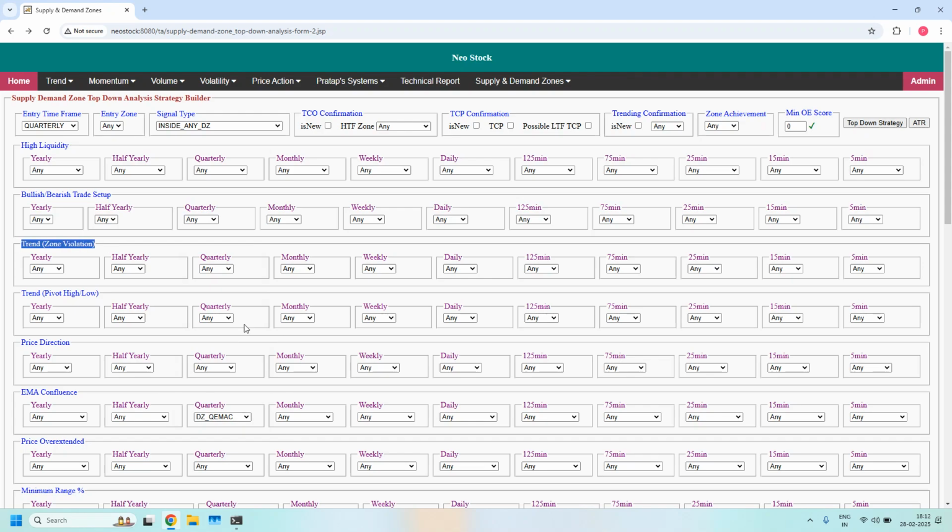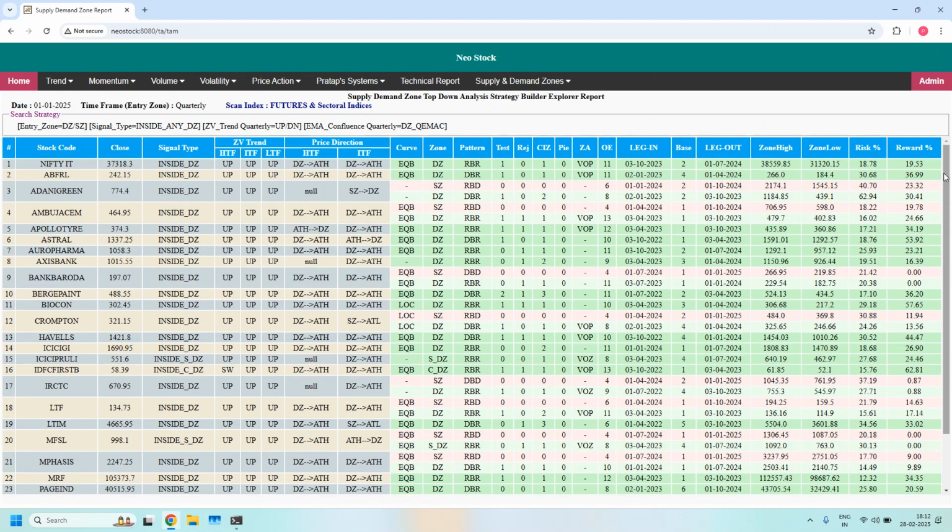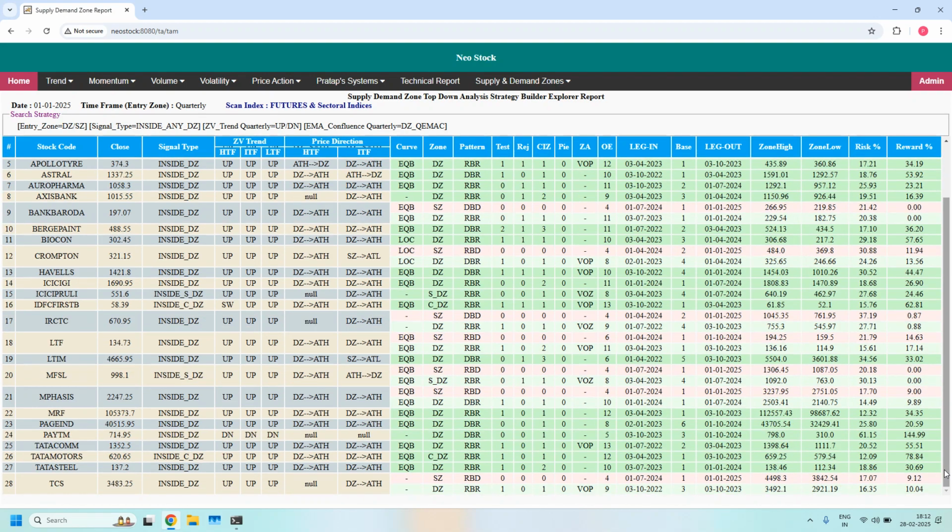And when you set EMA filter, the trend on the quarterly should not be sideways. It can be up or down. Now the list has come down to 28 stocks. So first 23 stocks in the list. Scrolling the list down. So total 28 stocks, and all these quarterly demand zones are having quarterly EMA confluence. Always look into the search strategy. You understand how we filter the stocks. Okay, next